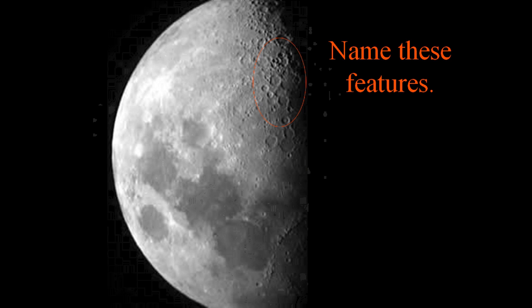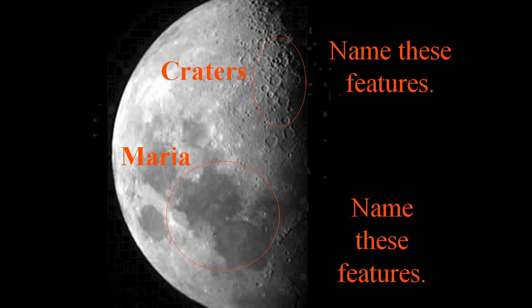This feature, hopefully you guessed it, is indeed craters. And there's another feature that I was going to have you name, but hopefully you know that that's what Maria looks like. This completes our presentation on the moon and moon